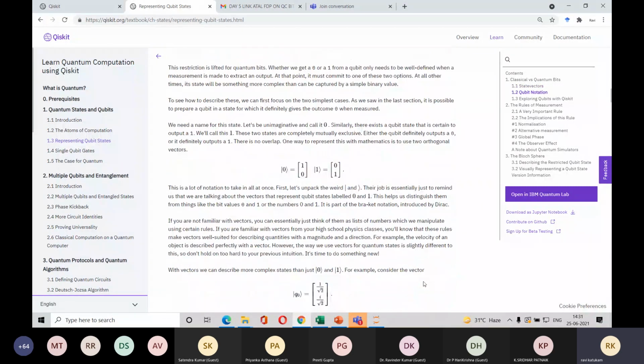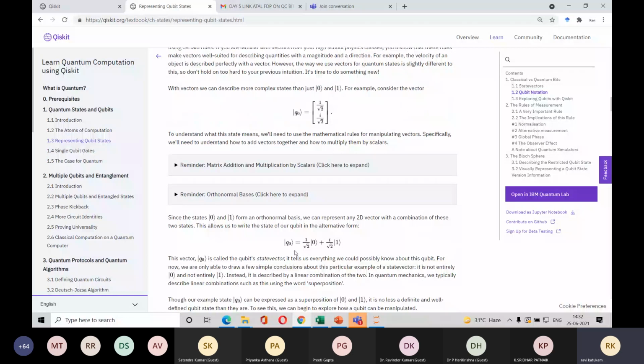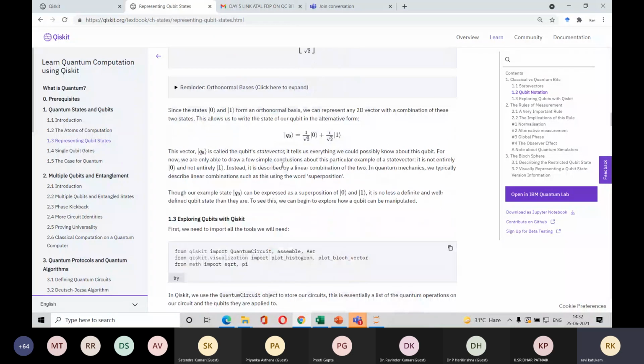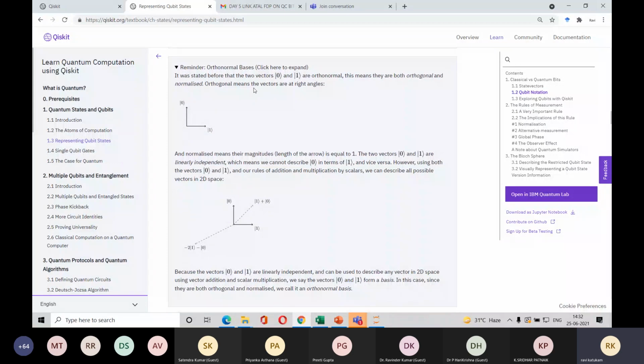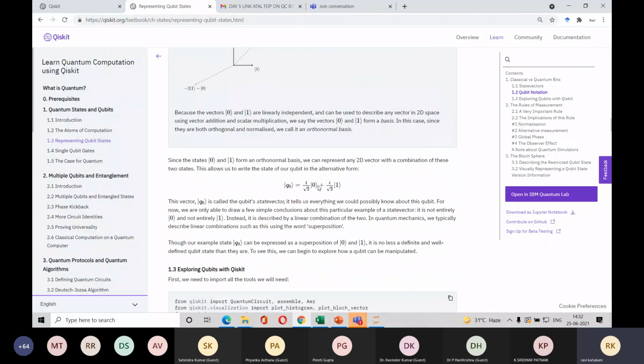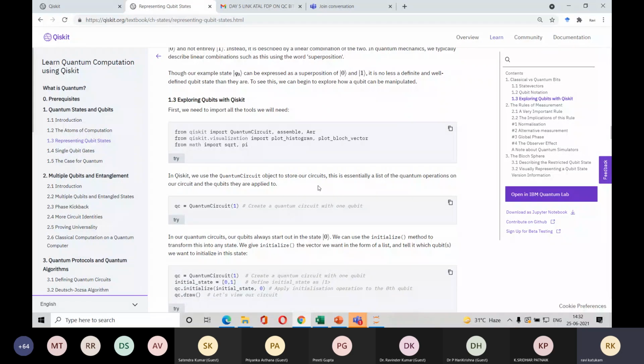So there are various notations and some bit of mathematics. How do you add two vectors and how do you multiply by a scalar? We have seen that, and we discussed the orthogonal basis for each of these quantum systems. Let us take for example 1 plus 0. This is a system that, when you project onto the orthogonal basis, you will see the probability of measuring in that state, in that basis.